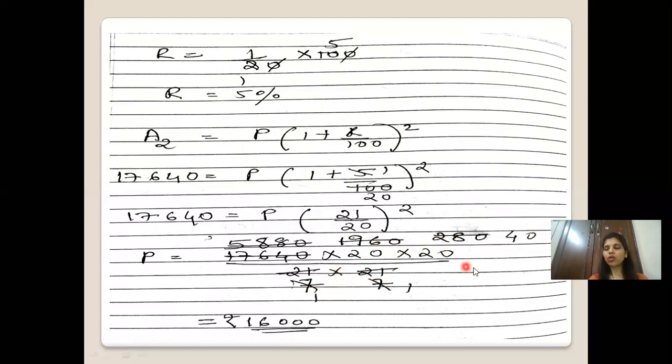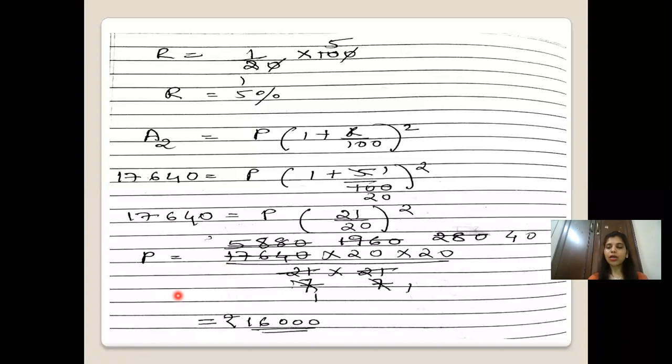2 twos are 4. 4 fours are 16. And then just multiply these numbers and keep zeros away. You can directly add zeros at the end. So 1, 2, 3 zeros left. So as you got 4 into 4 as 16, then right behind this 16, these 3 zeros, 1, 2, 3. So that is how you get P as 16,000. So that's your final answer. So you got the value of R, you got the value of principal. Right answer, one part R is 5% and second part principal is 16,000. So that's your final answer, put it in the box.